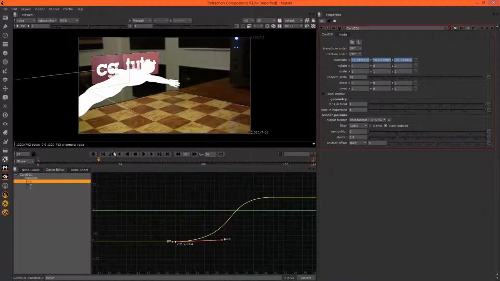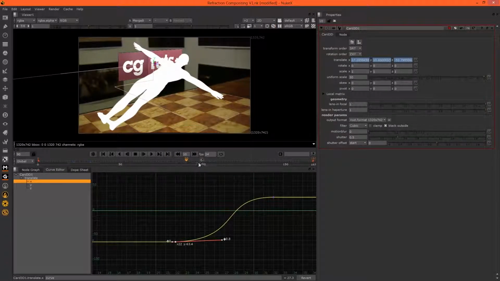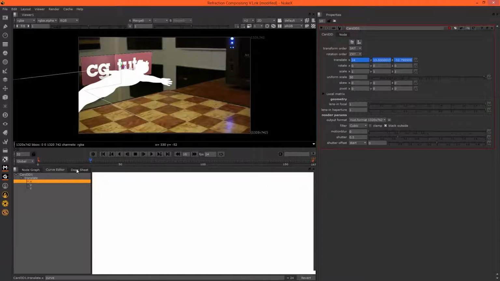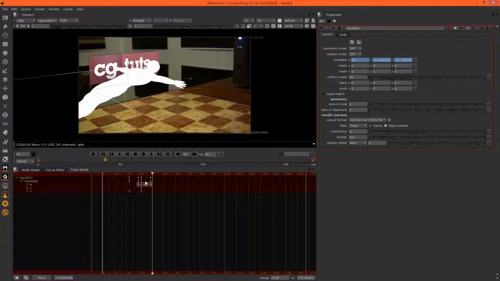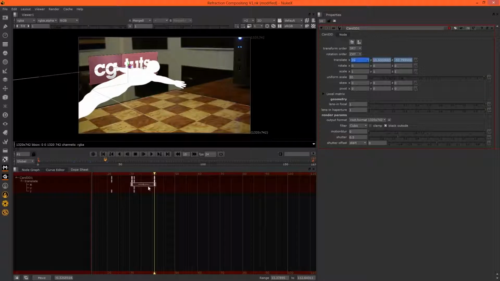So that can stay until about frame 90. And then we can set a key. Well, it's moved quite a bit further over just because the camera is doing that, so let's not have it come so far to begin with, or maybe we could just move these keys over. I'll move them over in the dope sheet because it's easier that way. So maybe they come in at 40, just so the camera's had time to move over a bit, and I'll move it